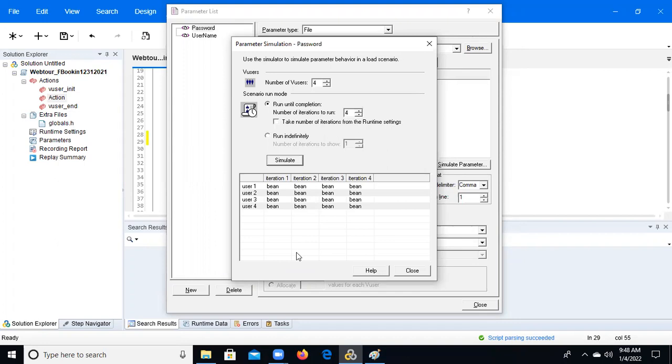User 1 picks bean, user 2 bean, user 3 bean, and user 4 also bean. In the second iteration, what will happen? What every user picked in the first iteration will continue for all the iterations, bean only. This is the once property. Once it is selected as bean, it continues for all the iterations with the same value. That is sequential ones.